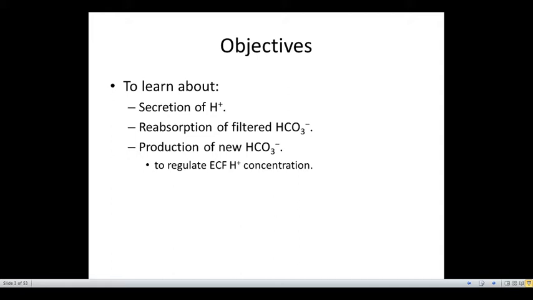In the last lecture, we learned some general points about the renal control of acid-base balance. Continuing with that,